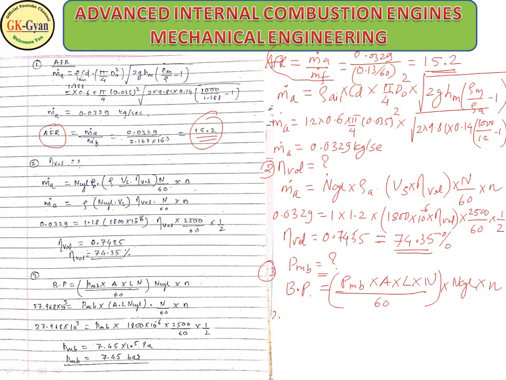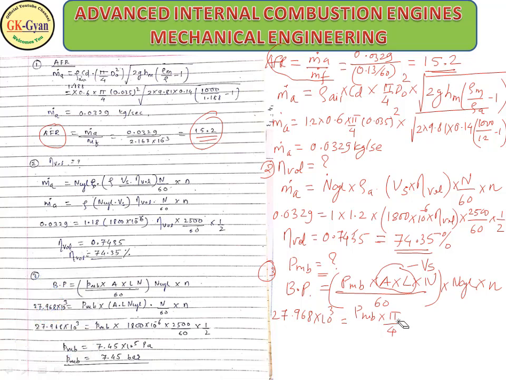So we know BP is directly given, 27.968 into 10 to the power 3. PMB you have to keep as it is. Area pi by 4 d square, so A into L, pi by 4 d square into L, is nothing but Vs. So directly we will put the Vs value here,